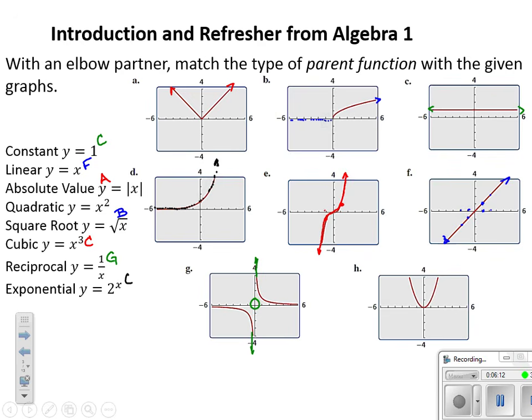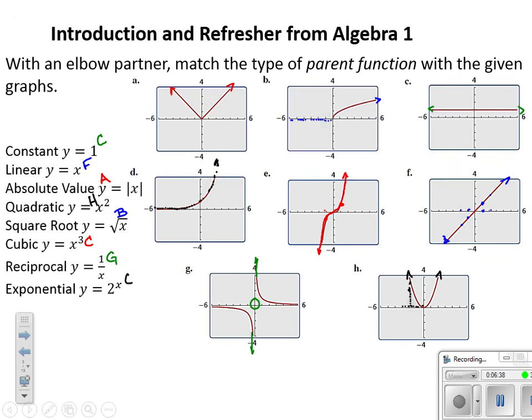And then by default, letter H. That must be a quadratic function. Okay, and we can see that y equals x squared. Maybe you were able to associate that x squared with a parabola-shaped graph. But here again, when we go negative with our inputs and we square them, it's like taking a negative times a negative. So it shows that the height should always be positive, regardless of what we're plugging in.